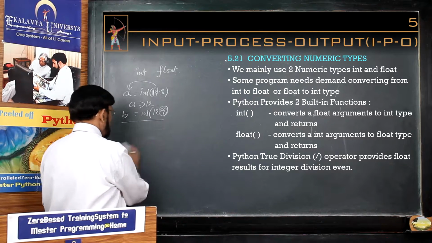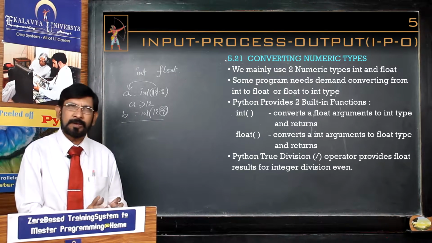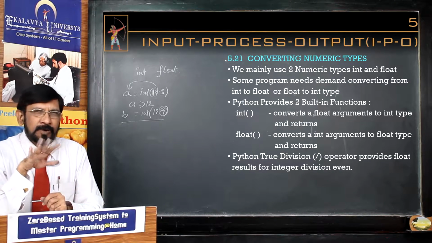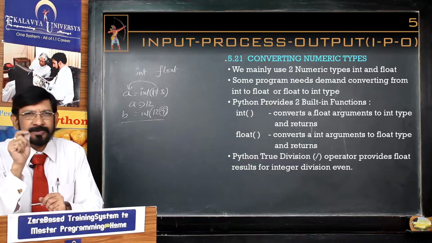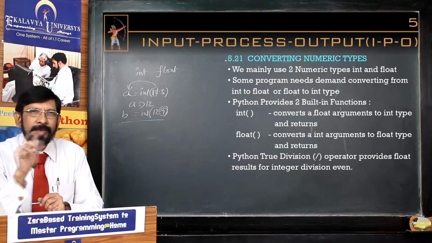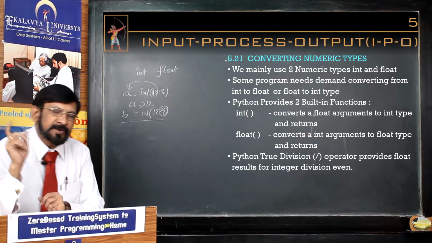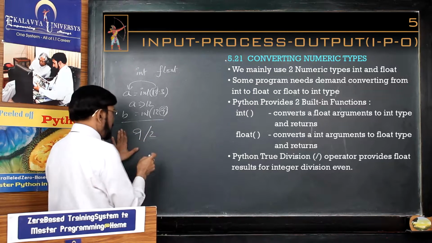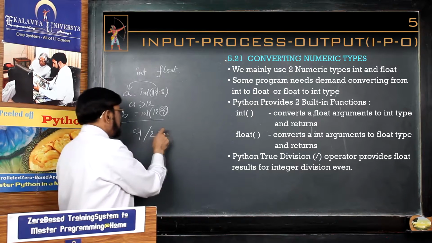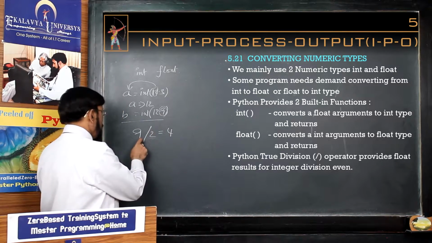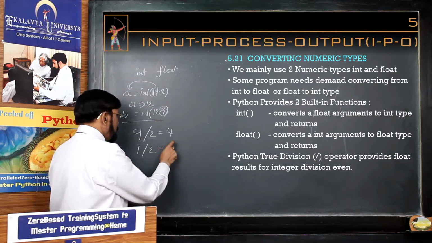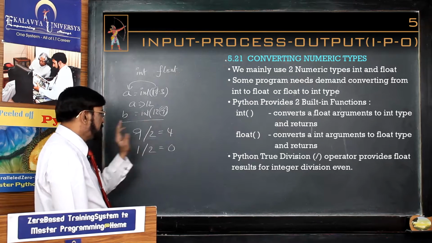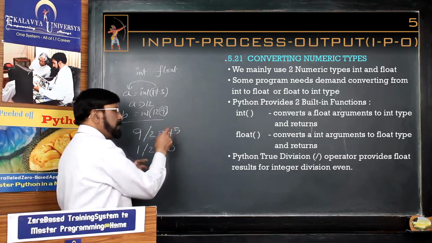One more very important point in this context I have to tell you. If you have another programming background, you may get a doubt. In programming languages like C, Java, etc., int versus int, any operation you perform, the result is int. Now we see 9 by 2 in C language, the result is 4. 1 by 2, the result is 0. Int versus int, the result is int. It will never be 4.5.